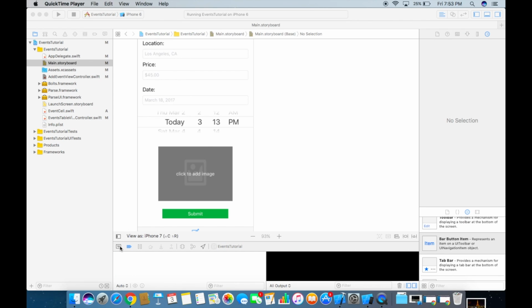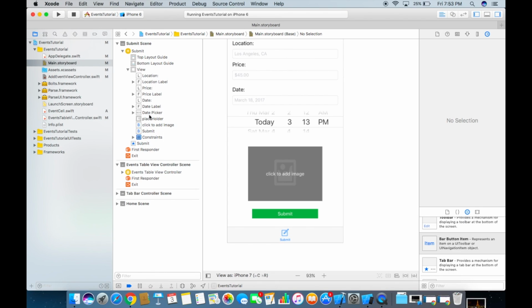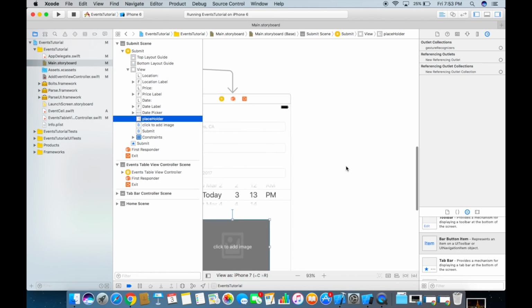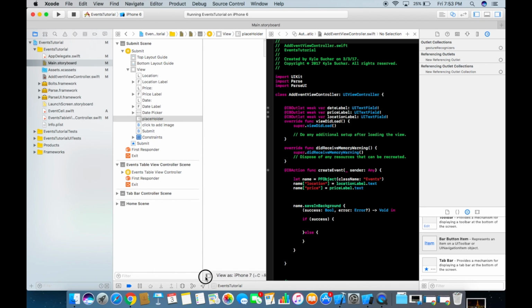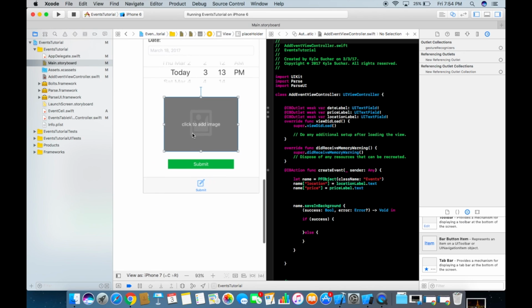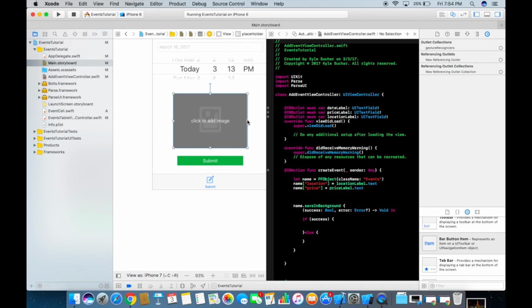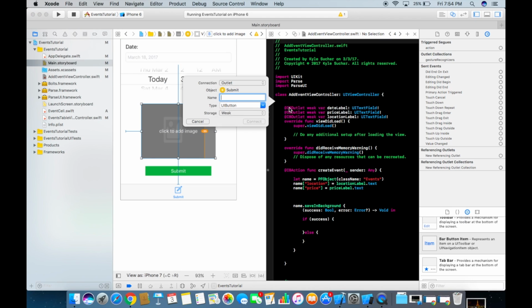Alright, so to get the image to upload to Parse, it's actually pretty easy. The first thing we need to do is create an outlet from our image here. So open the assistant editor and click on the image. And so let's see here. We'll actually just drag this slightly. So control drag from the image view,